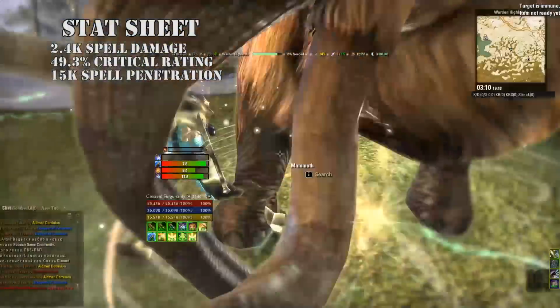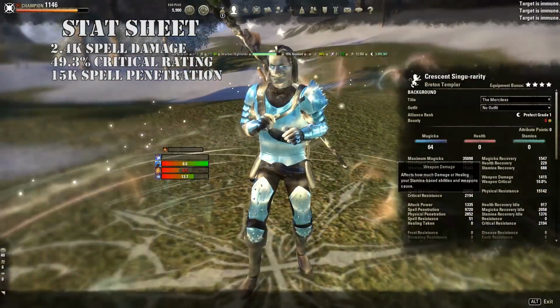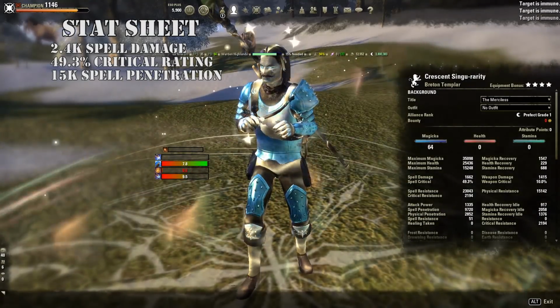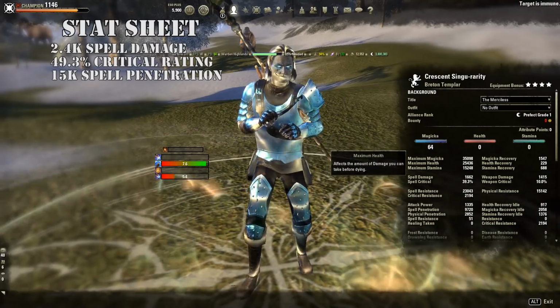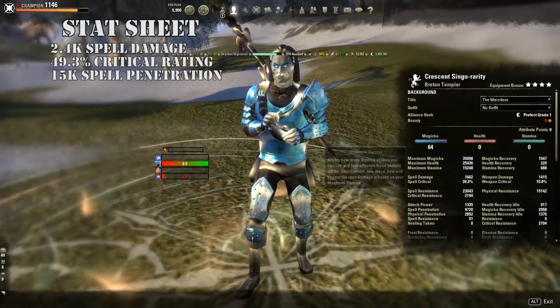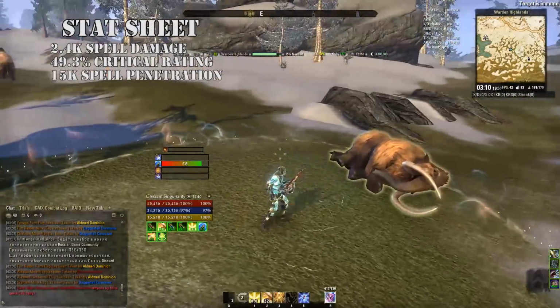Okay, so yeah, our Magicka recovery on the front bar is 1.5k, on the back bar is 1.7k. I can show you really quickly later. Maximum Magicka is 35k, health 25k, really decent, and stamina 15k, really decent as well. Yeah, on the back bar we will have